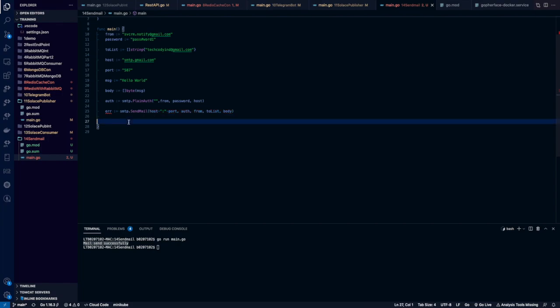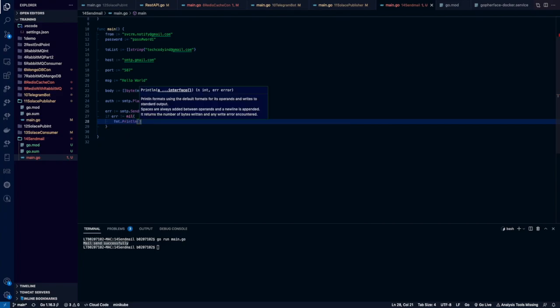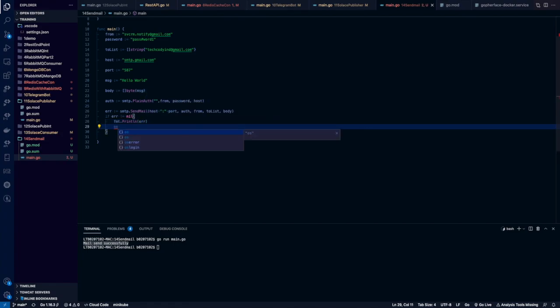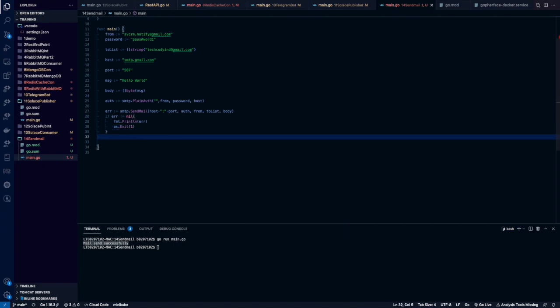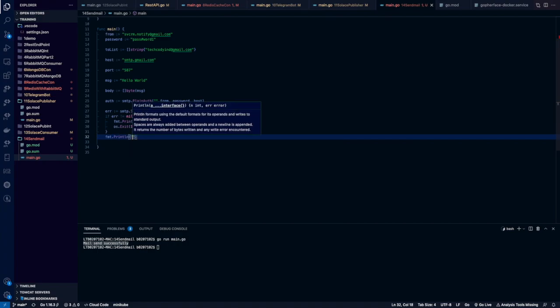Now next we need to do the error handling. So if err is not equal to nil, then the very first thing we need to do is print the error on my terminal. For that we use the Println function to print it, and post that we can exit. So os.Exit, and within brackets we can define the error code. If we did not get any error, then we can print that our code has been successfully executed and we are able to send the mail: Mail sent successfully. So friends, I have written the complete code.